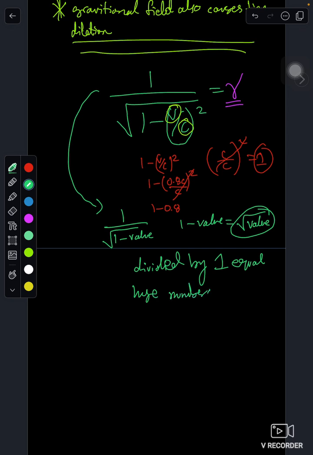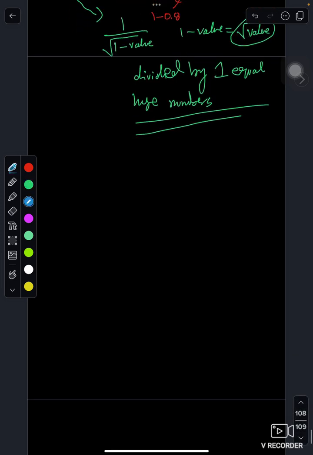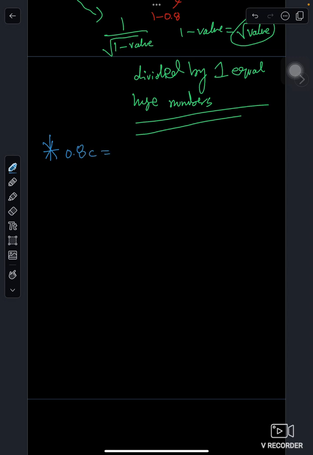If I want to give an example for this, I would say 0.8c. What is it in gamma? 5 by 3,